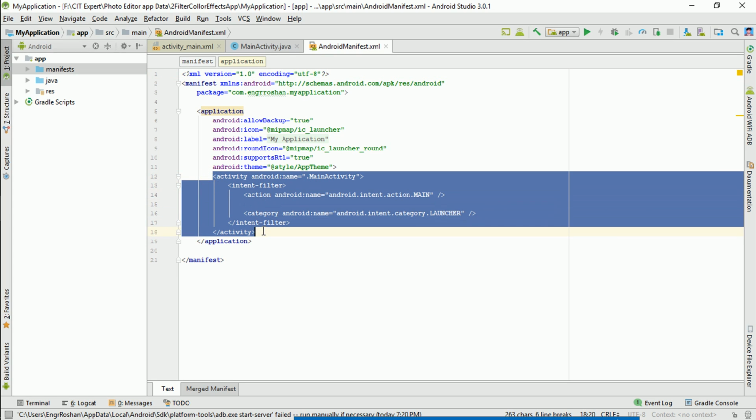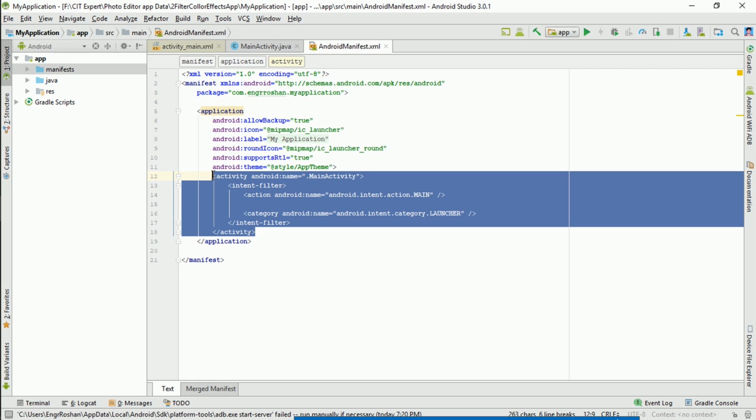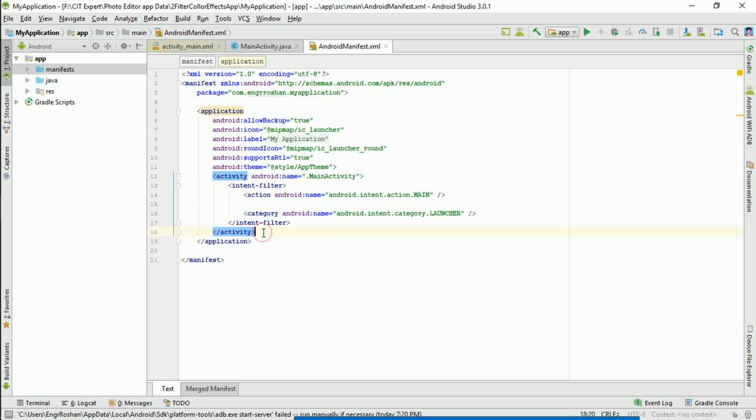So this, the activity component, is declared automatically while we use the application or create the project firstly. The manifest file also handles something else. What is that? It will be handling the different activities. If you are using more than one activity in an application, those activities will automatically be declared over there